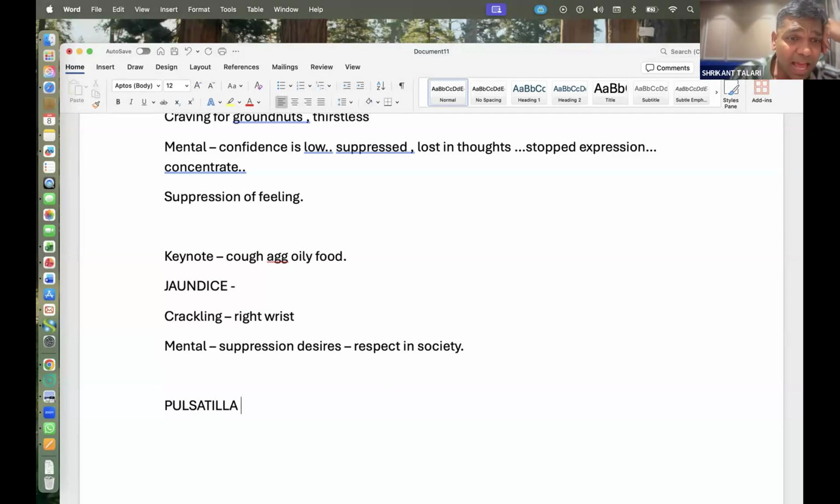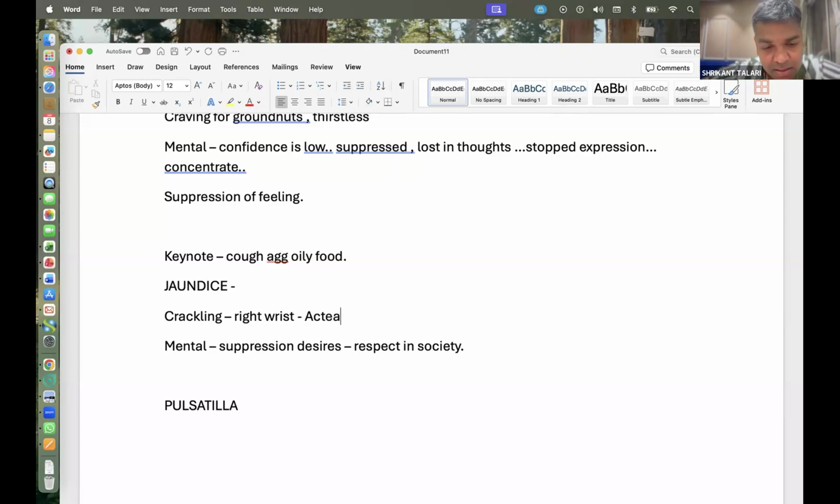But does pulsatilla have right wrist affinity? Which is the remedy for right wrist affinity? Anybody? Rheumatism begins in right wrist. Which is this remedy? Right wrist rheumatism. Remedy is